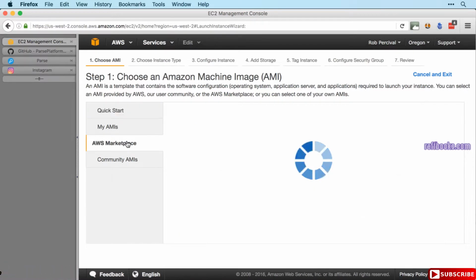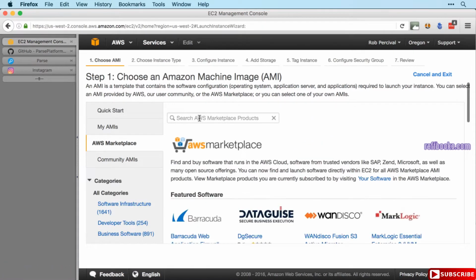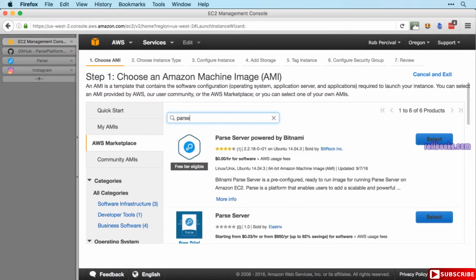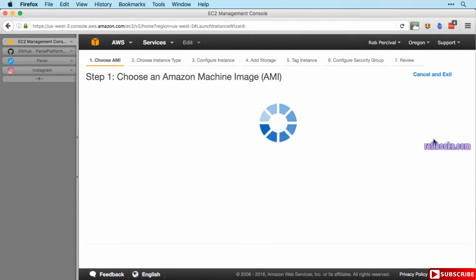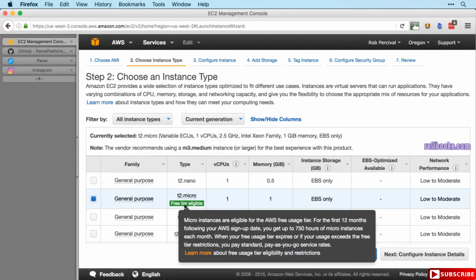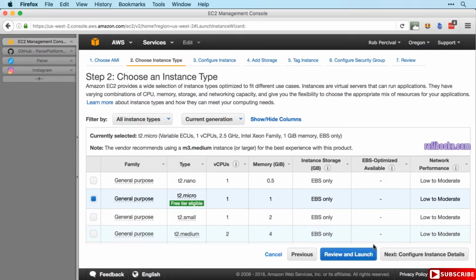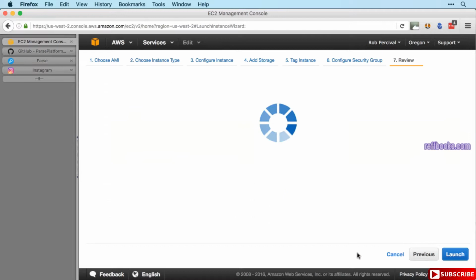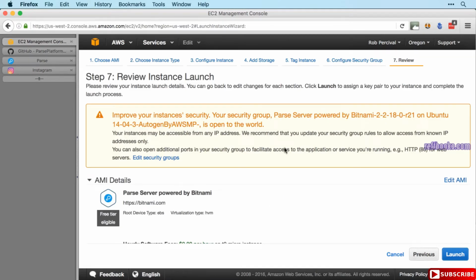And now we're going to go to AWS Marketplace and search for Parse. And we're going to use Parse Server powered by Bitnami. You can see it's free tier eligible, so just select that. And this essentially makes the installation of Parse Server very easy. So make sure you choose the T2 Micro, which is free tier eligible, and then just click Review and Launch,